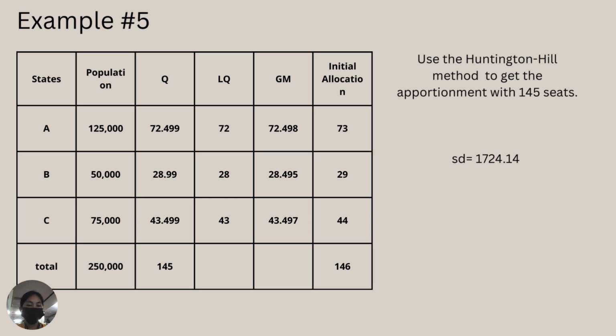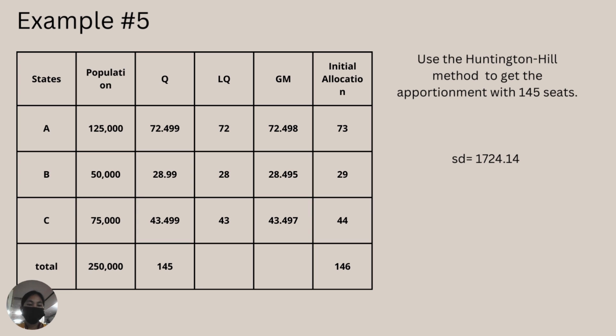We have here a standard divisor of 1724.14. If we calculate the division, the quota will be 72.499, 28.99,